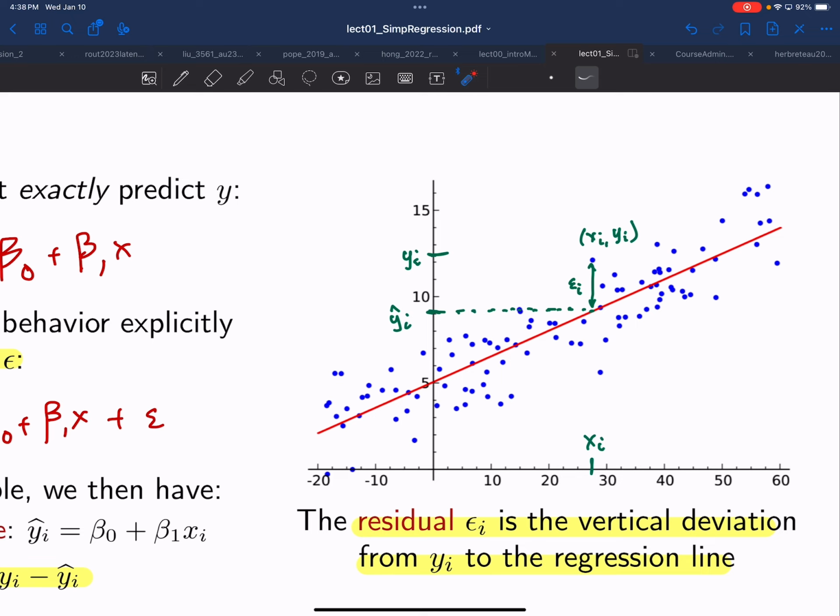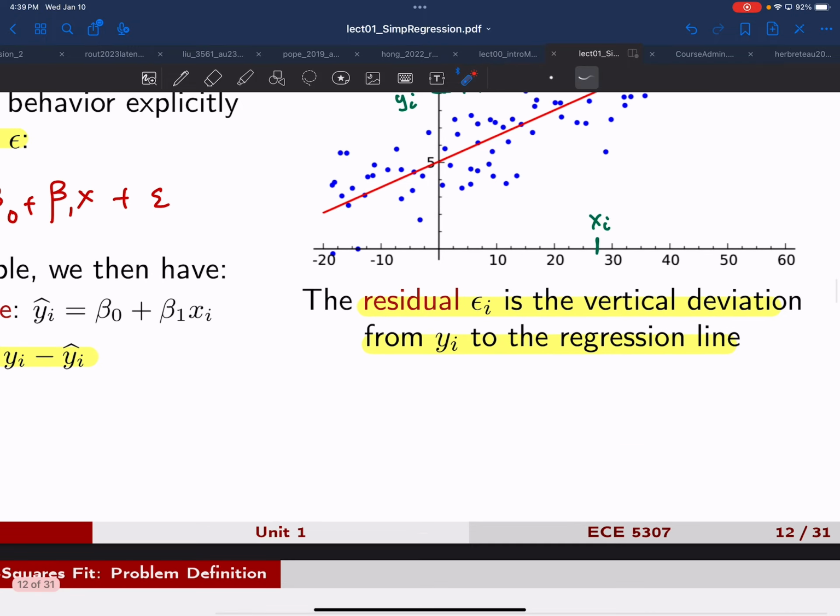That's not the only way of doing it. It turns out that this is the easiest one to analyze. But is the idea kind of clear, how we're coming up with our criteria for how beta 0, beta 1 should be set? Okay, so